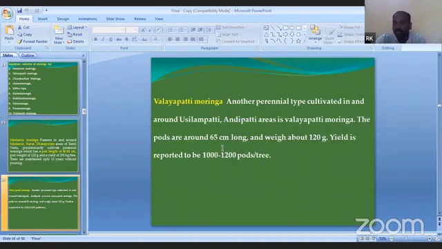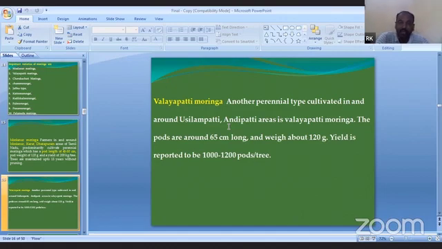Then Valayapatti Moringa is another perennial type. This Moringa is cultivated in other areas also. Valayapatti Moringa can be cultivated in other states too. Suppose in Telangana, there is one place where they have a local variety. They collect from the mother plant in the Valayapatti area and establish it there also. But acceptable climatic conditions and soil are essential. Valayapatti Moringa is another perennial type,